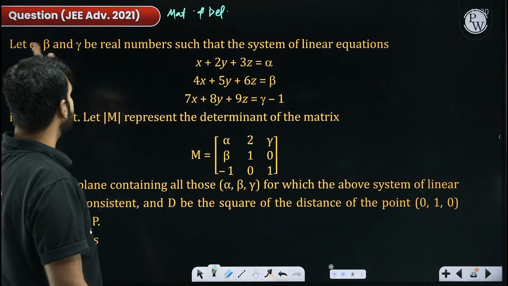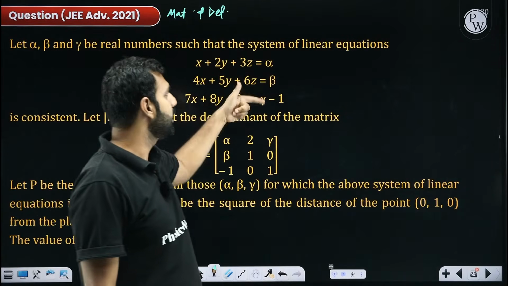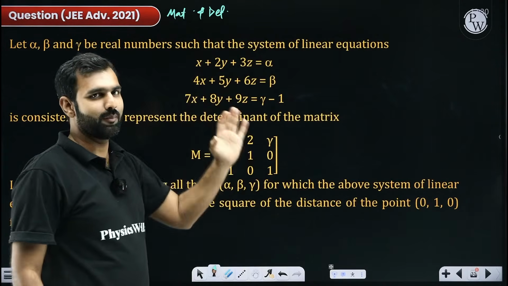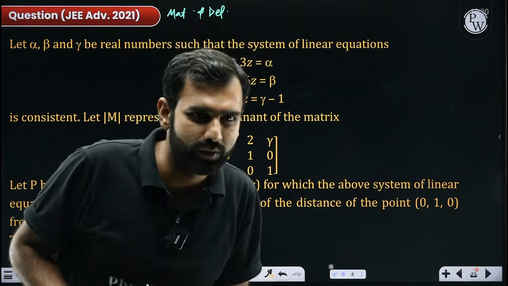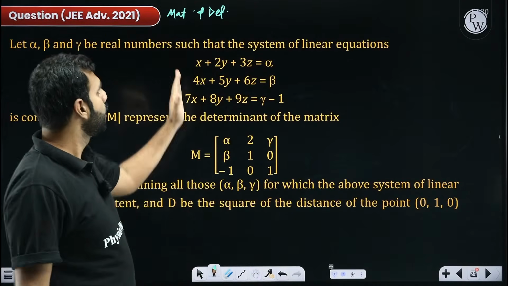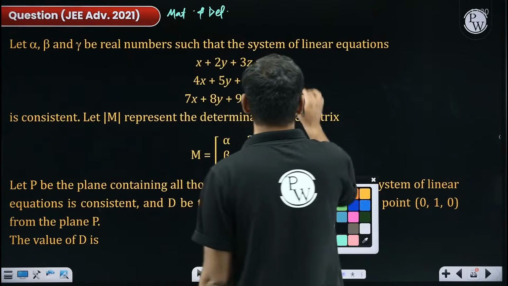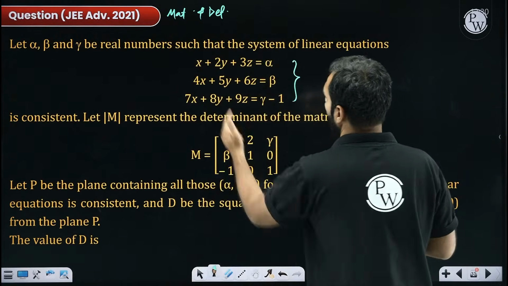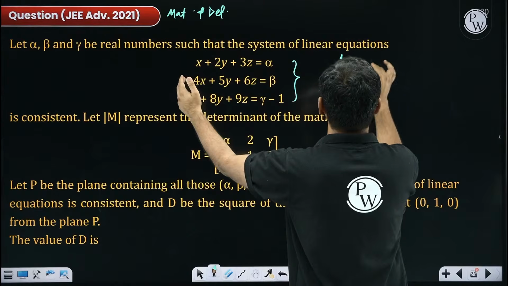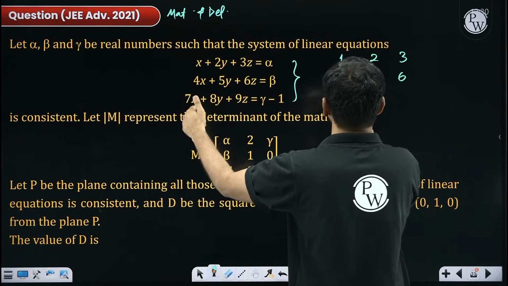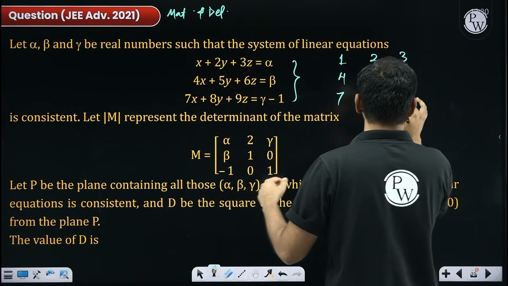It says alpha, beta, gamma are real numbers. Then the system of linear equations, all I'll ask you to do is one thing. Pay attention to the coefficients of x, y, and z. Here on the right hand side, I'm not asking you to pay attention. The coefficients of x, y, z are 1, 2, 3, then 4, 5, 6, then 7, 8, 9. If you just look at this,